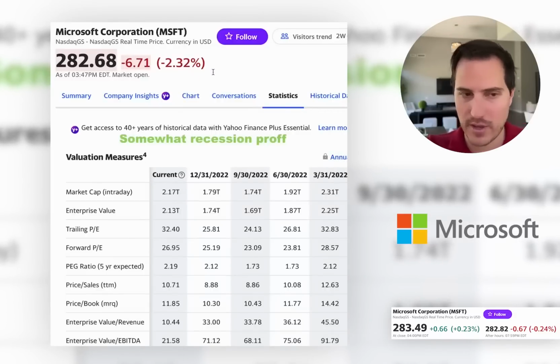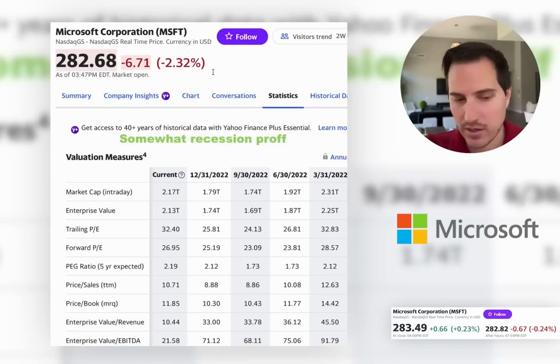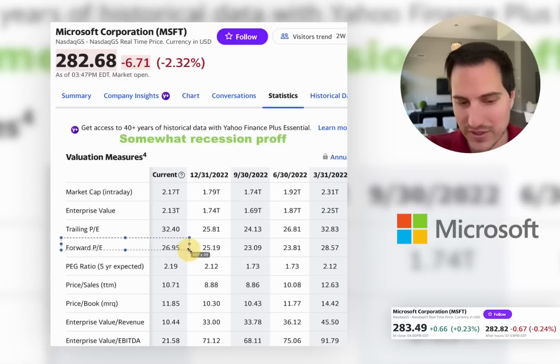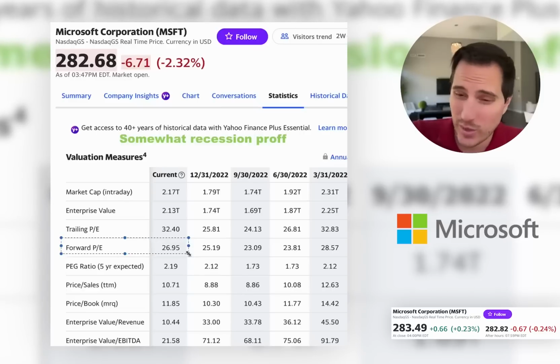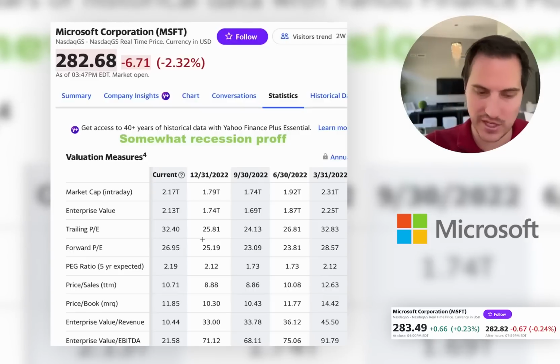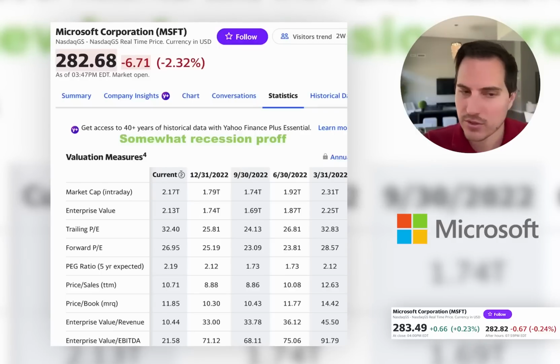And I don't talk a lot about Microsoft stock on the channel. I don't own Microsoft stock, but this is a debated stock right now because a lot of people feel like it's expensive. I don't know if it's that expensive, to be honest. Forward P/E at 27 on the stock, right? Market trades at 20-ish, somewhere around there, maybe slightly under. So you're paying a bit of a premium for this company, but you're buying a business model